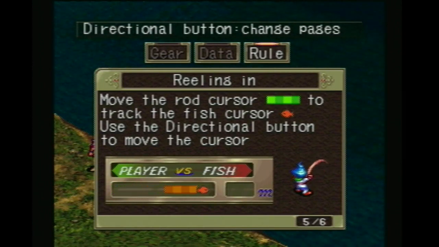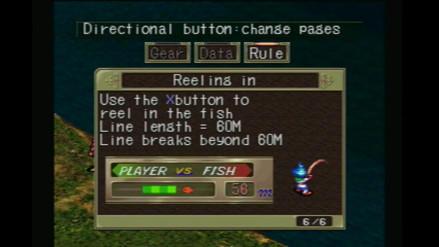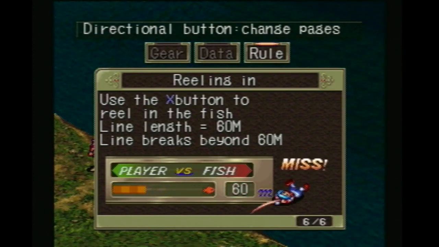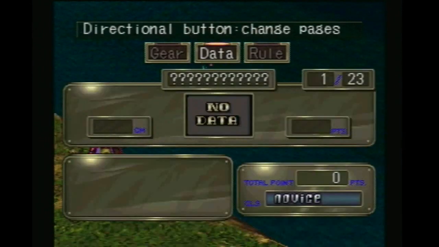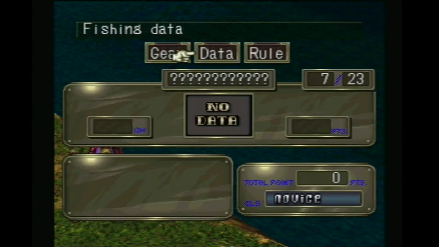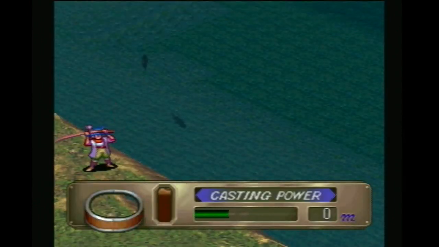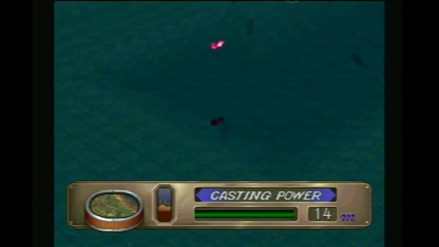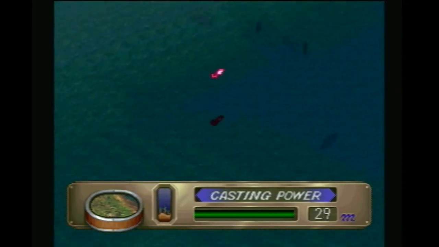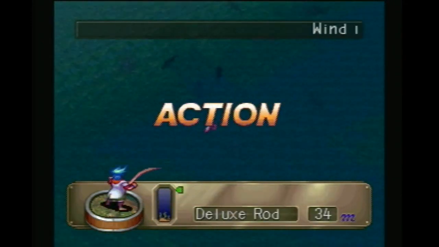Yeah, you gotta keep the green bar on the fish while you're reeling in, otherwise the line could break. Line length is 60 meters, line breaks beyond 60 meters. Okay. These are all the different types of fish you can catch. I don't care. Cast that out there. Oh my gosh, did I have to...